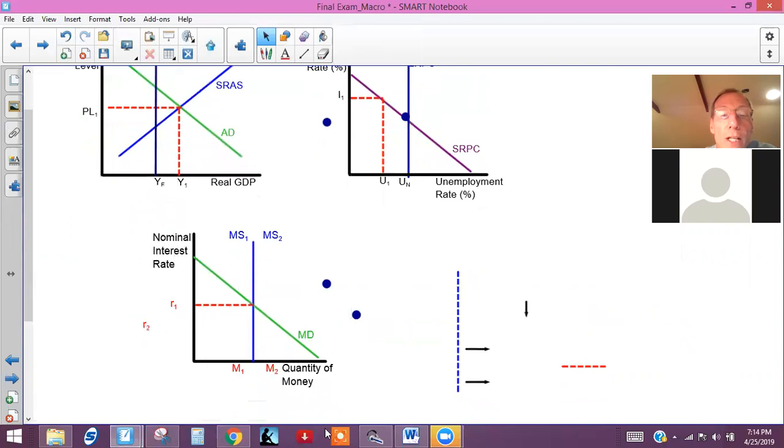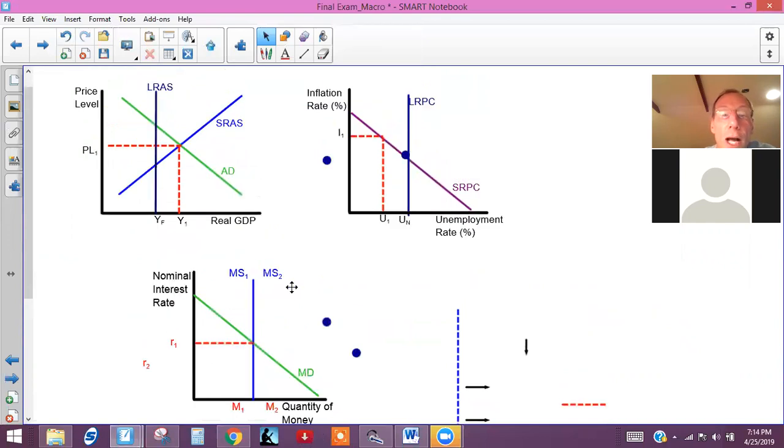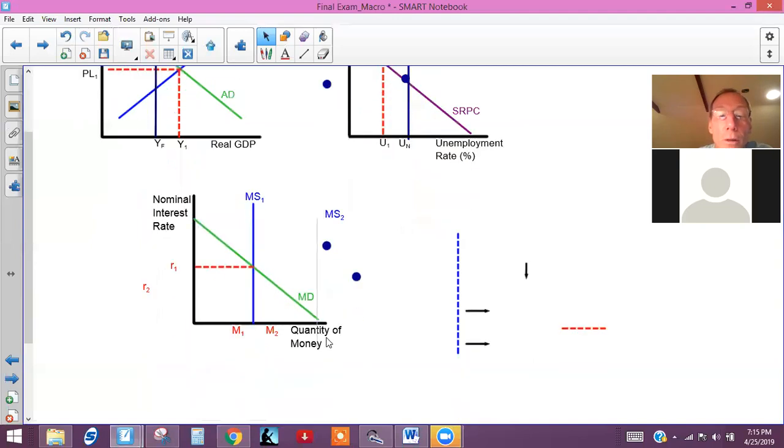So the way they're going to raise interest rates is they're going to try to contract, and that's why we call this contractionary monetary policy. They're going to want to contract the money supply, take money out of the supply. So in order to do that, they sell bonds, because when they sell bonds, banks have to pay for them. So that takes money out of the money supply. So what you're going to see is a leftward shift right here,